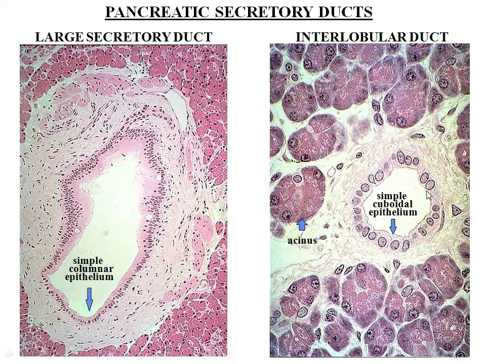Okay, so here we have the pancreatic secretory duct, the interlobular duct, and the large secretory duct. These are all duct systems. But what we were discussing is this acini. So this is a single acinus here, and you will find the nuclei arranged at the periphery, and the